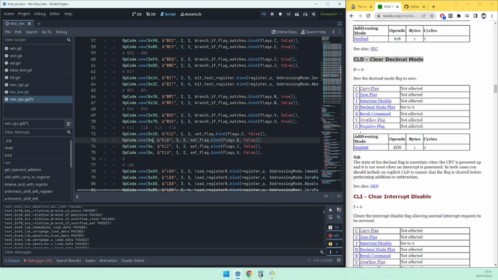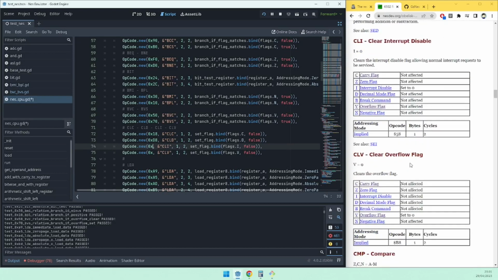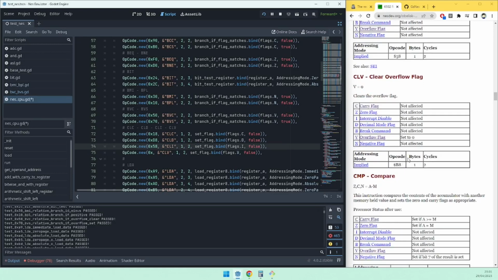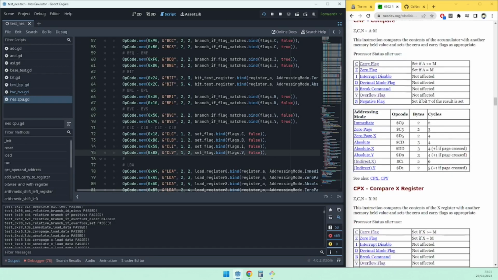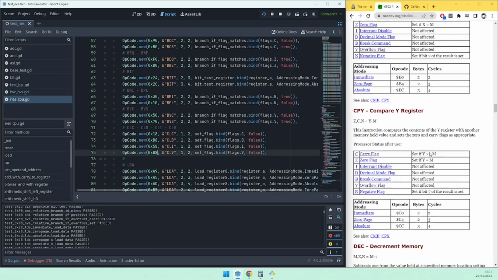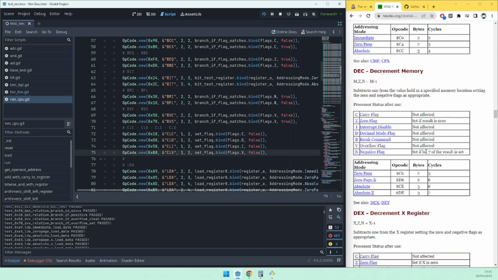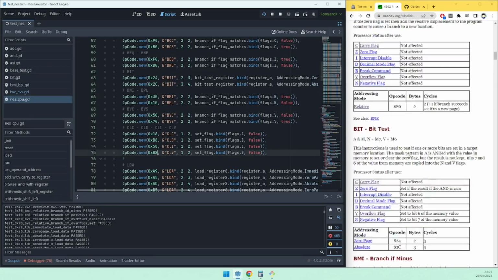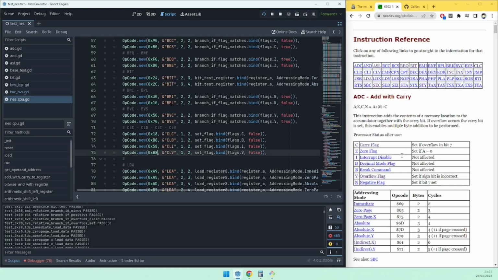Clear decimal is D8. Clear interrupt is 58. And clear overflow is B8. Compare X, compare Y, decrease the list. Okay, so none of them matter. So what I want to see is the